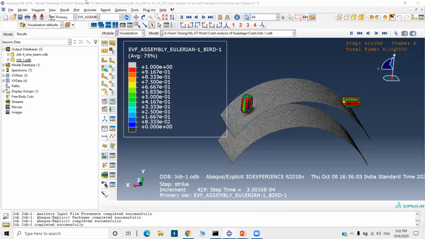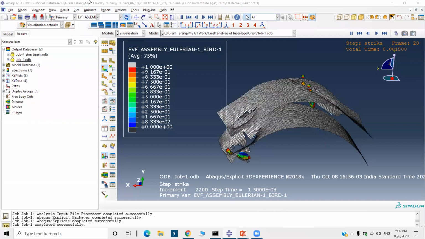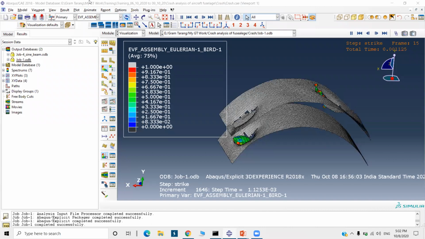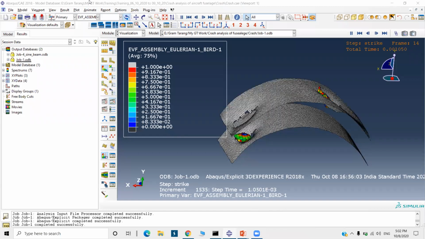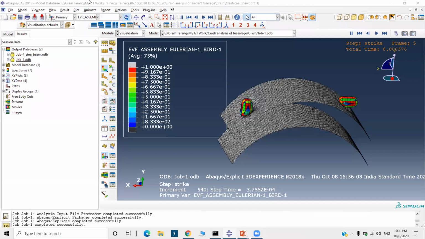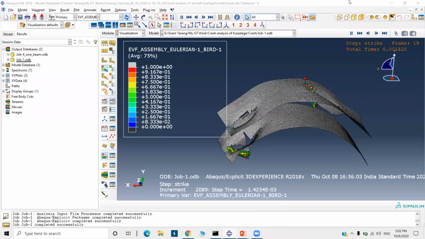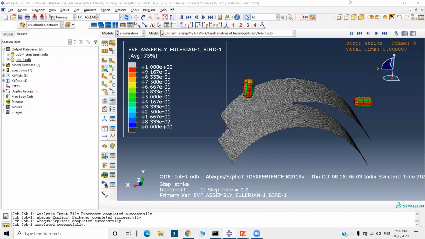Is there any other query? Already it is 5:02. Students, if any doubt, ask on the chat bar.